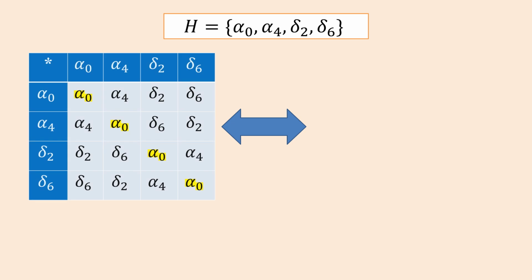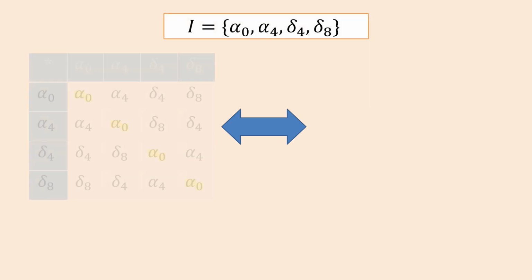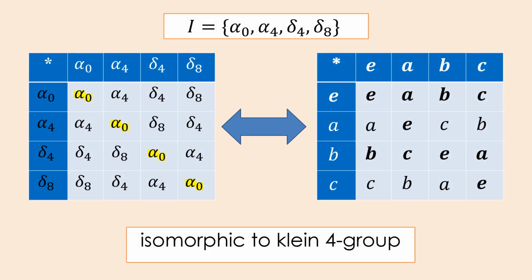Since subgroup H is also isomorphic to the Klein 4 group, H is a group structure, as well as I, which is also isomorphic to the Klein 4 group. It shows that they are closed, associative, the identity exists, and an inverse element exists for all. So partitioning based on those congruences and differences allows us to spot patterns.